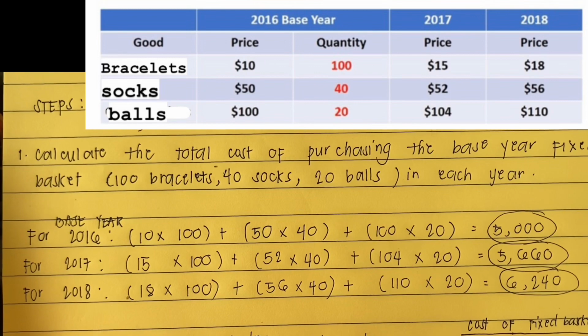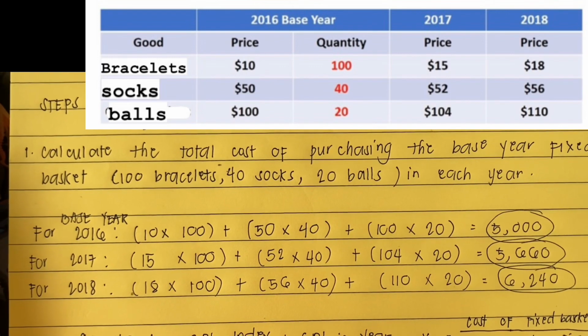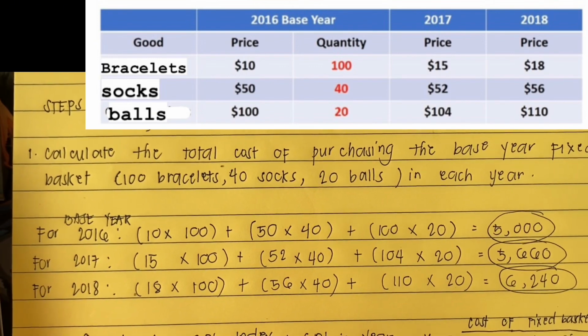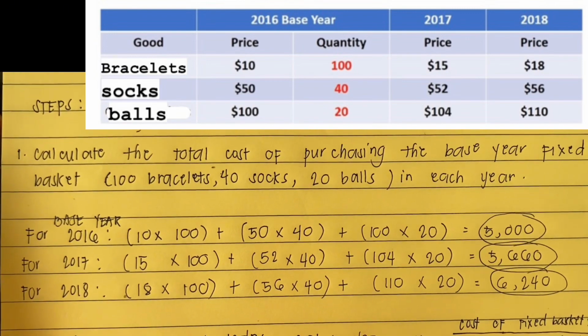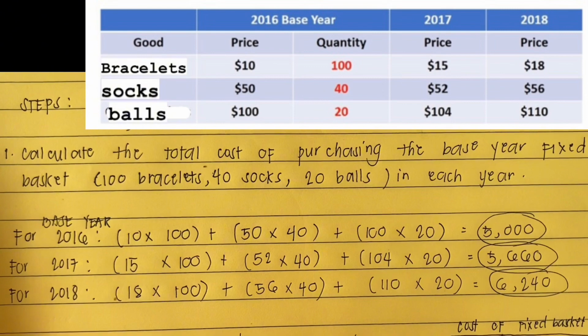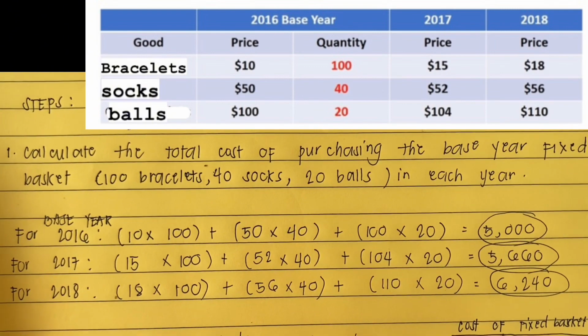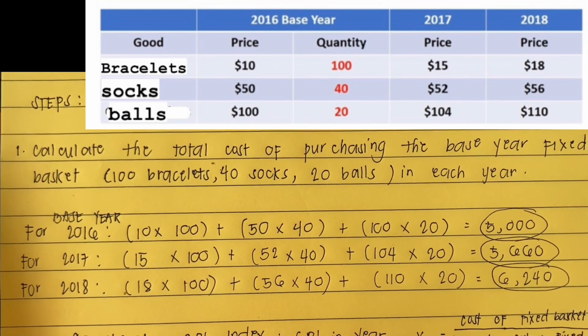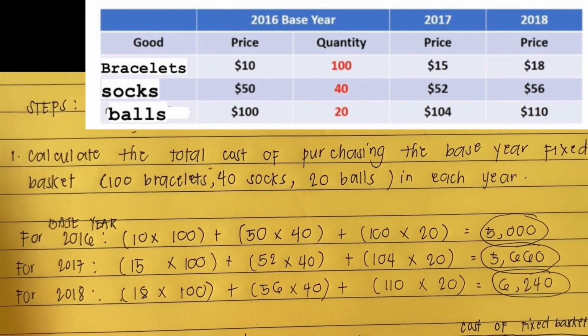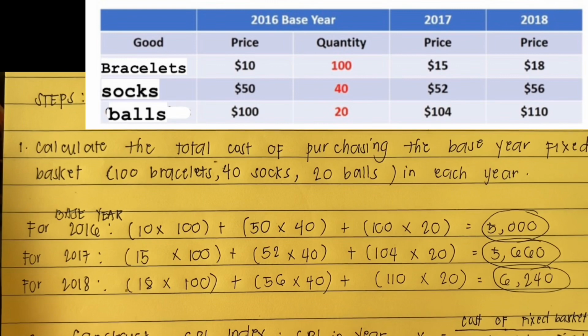For 2017, the price of bracelets is 15 pesos times the quantity of 100, and the price of socks is 52 times the quantity of 40. And lastly, the price of balls is 104 times the quantity of 20 equals